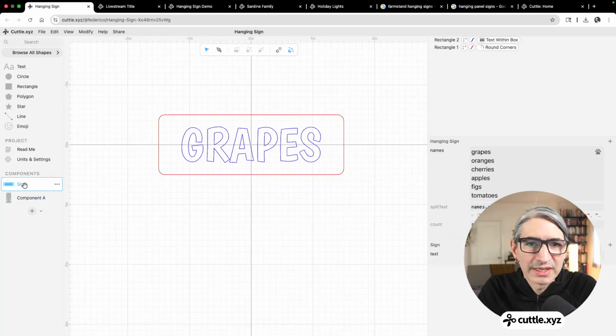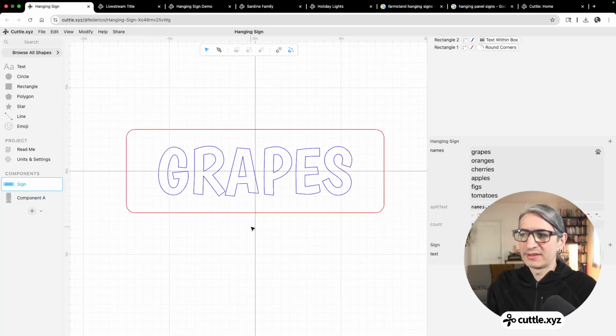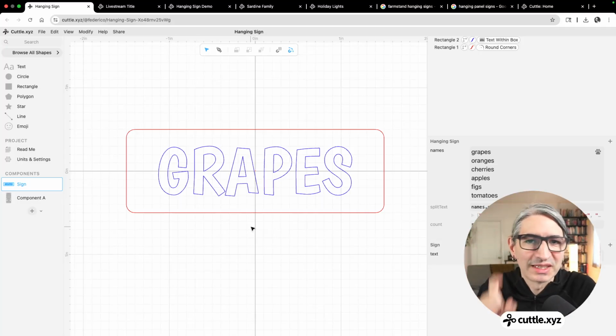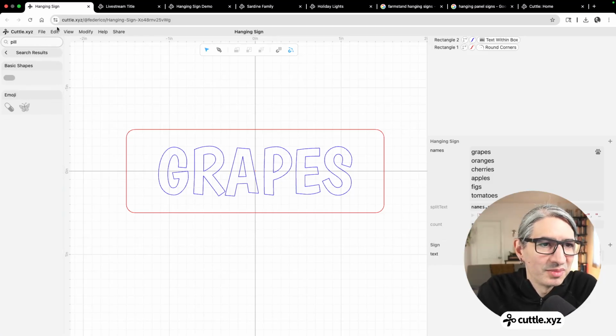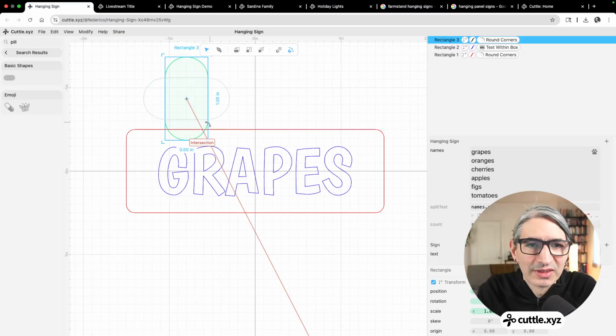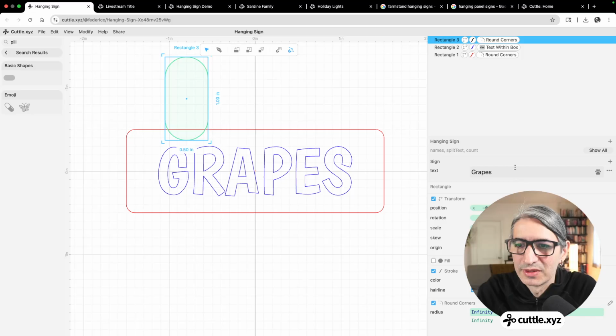So I'm going to go back to my sign component. For the connector piece, I just want an illustrated suggestion of a chain or something. So I was thinking I could use the pill shape. Something like this. I'm going to rotate it. Let me close this for a moment. I'm going to make the dimensions